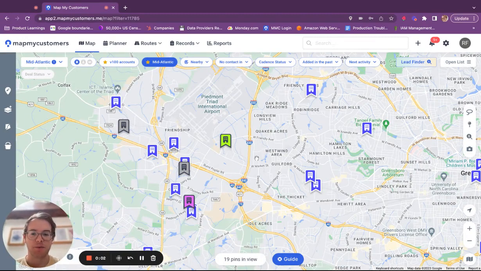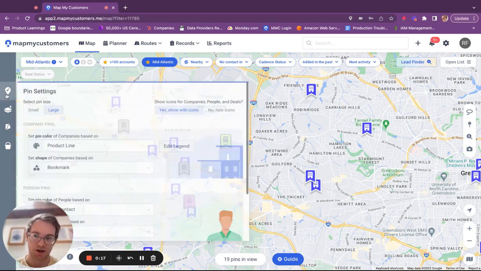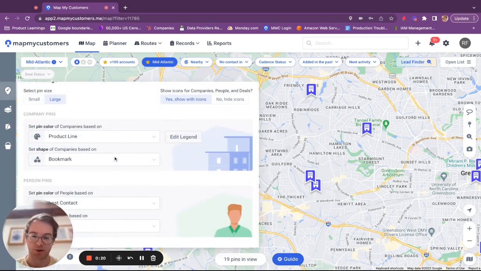Today, I want to talk about pin shapes in relation to how you can utilize this inside of Map My Customers to quickly visualize different aspects of your accounts, right? So this is very similar to how you use pin colors,